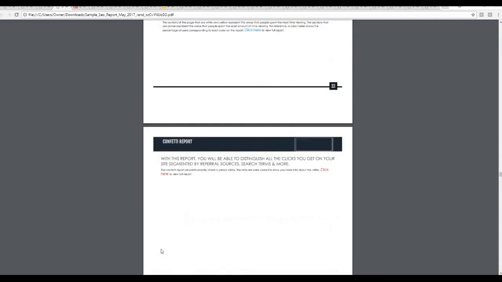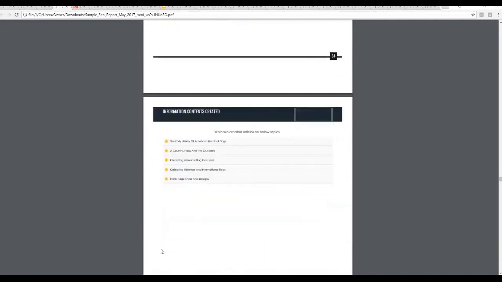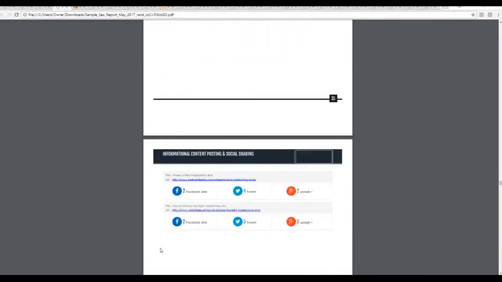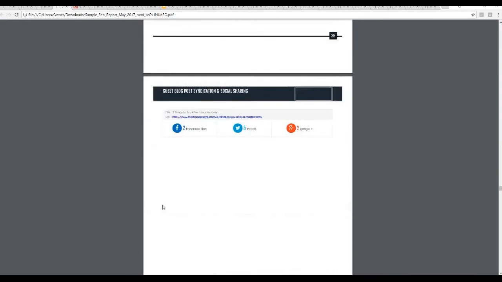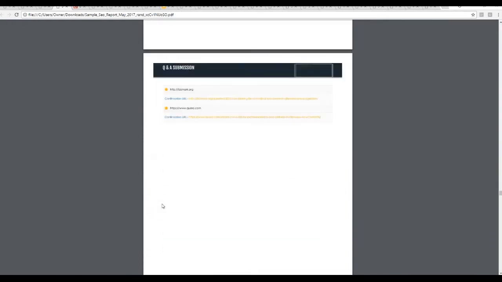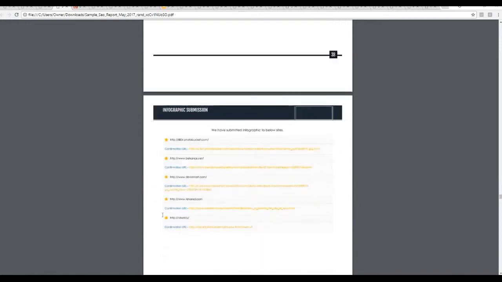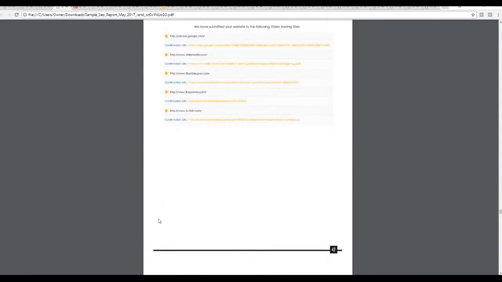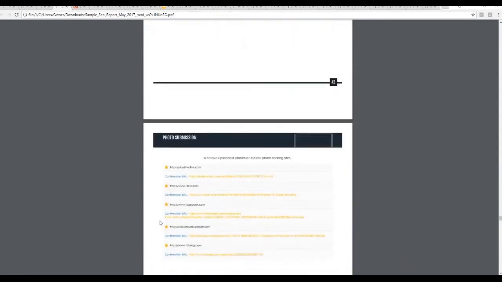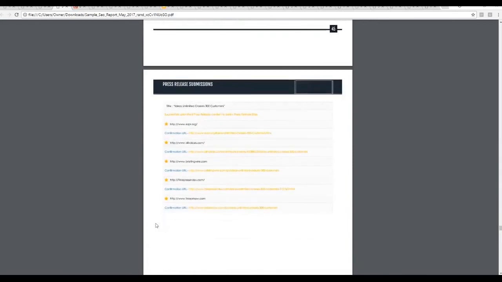Again, if it's included in your report, and then it's going to break down how many times you posted to social media and where it was posted to. Just blog content and syndication, how many times, where it was submitted to, Q&A submission, and etc. Most of this really comes down to a work report. But what's nice is that the work report is included with a full-blown analytics report, and you don't have to go to your clients and give them a separate